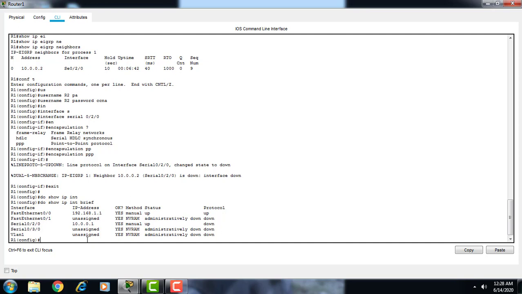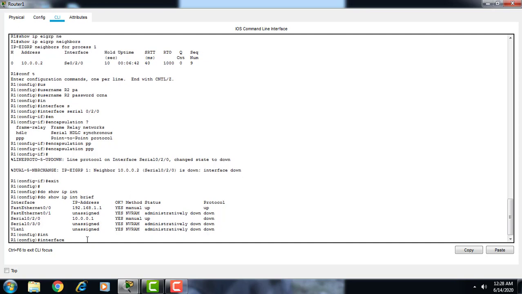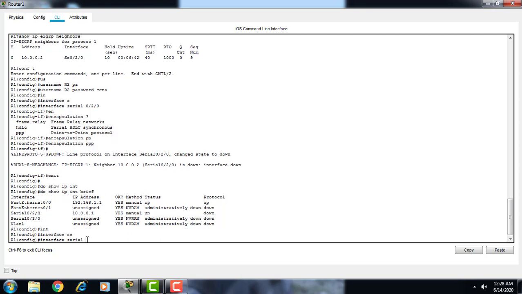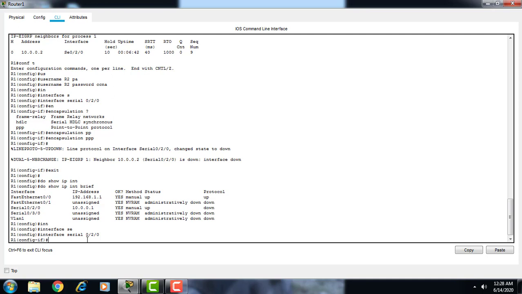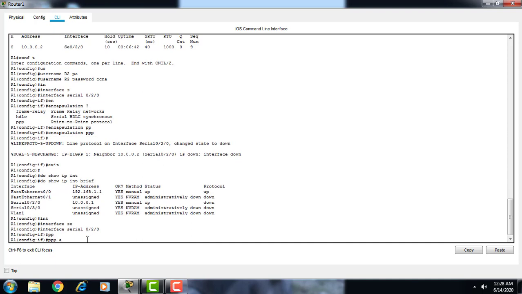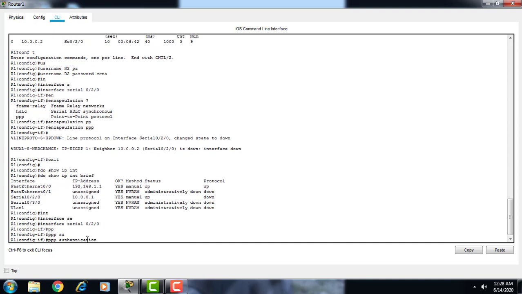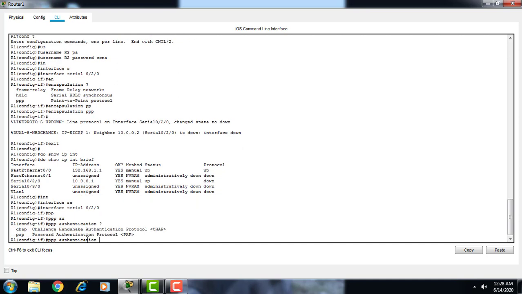Now again we go into configuration mode, interface serial 0/2/0. We have to give another command, ppp authentication. Now for the type of authentication method, we have CHAP, meaning challenge handshake authentication protocol, and PAP, meaning password authentication protocol.